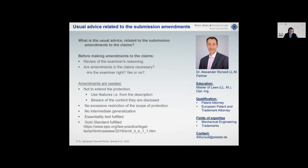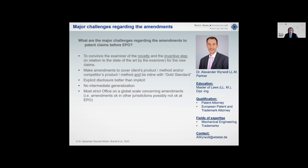You, as usual, will probably have to think about the examiner's reasoning and decide which way to go. You will always have to be careful to fulfill the gold standard and the therewith tied intermediate generalization and the essentiality test. So at the end of the day, it will always be important to stay along the framework